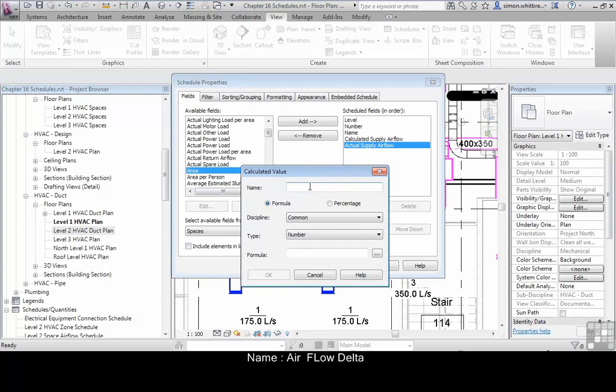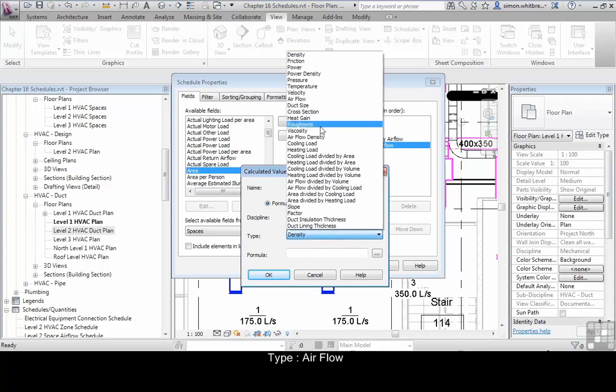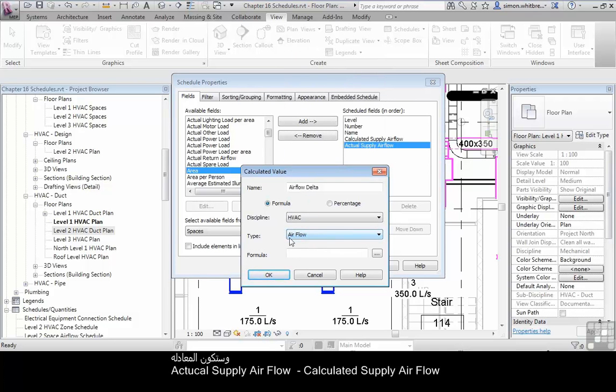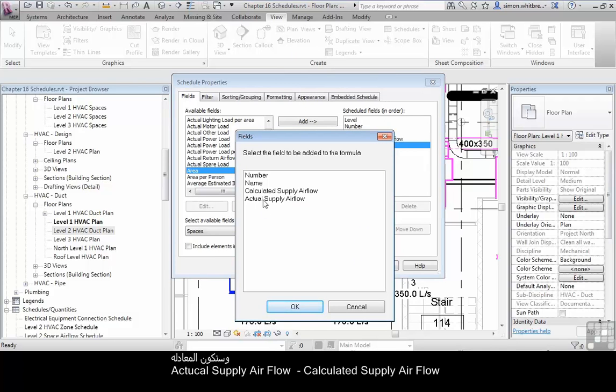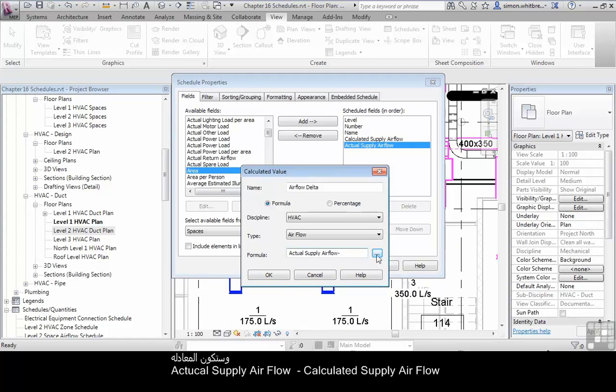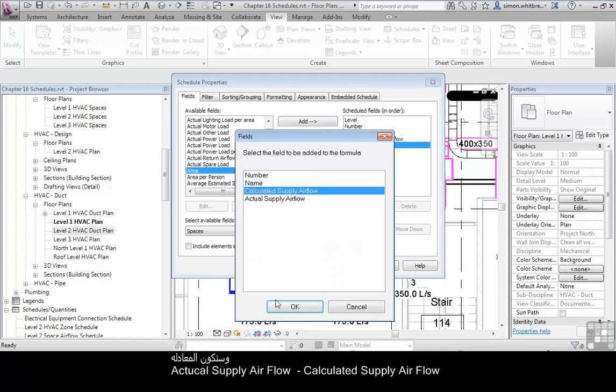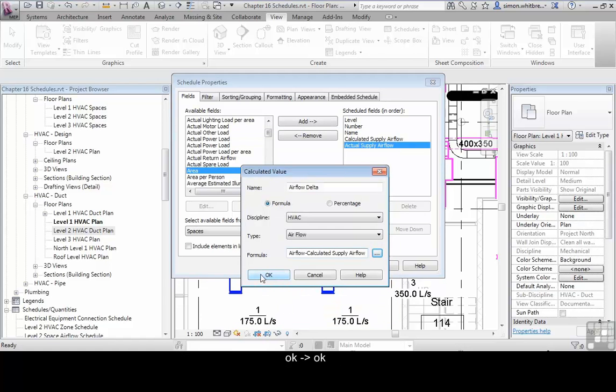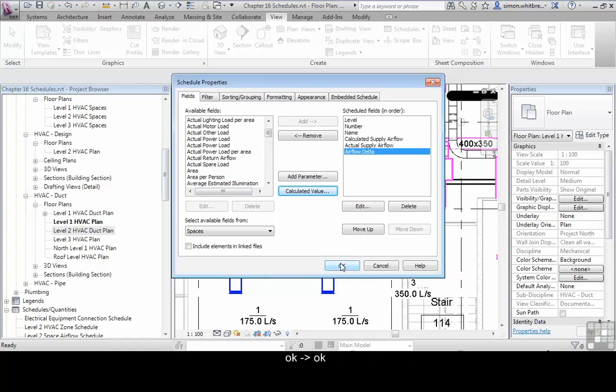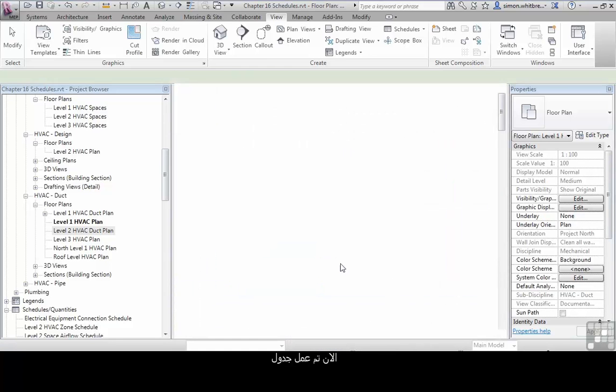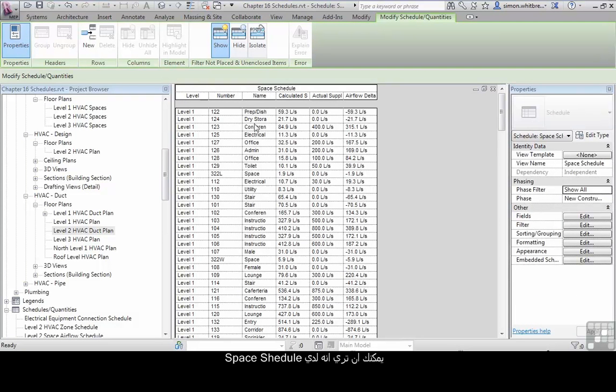We'll give this a name. Let's call this Airflow Delta. This is going to be a formula, the discipline of which is HVAC, and it relates to airflow. And the formula is going to be my actual supply airflow minus my calculated supply airflow. And click on OK. Now if I click on OK, I create the schedule,